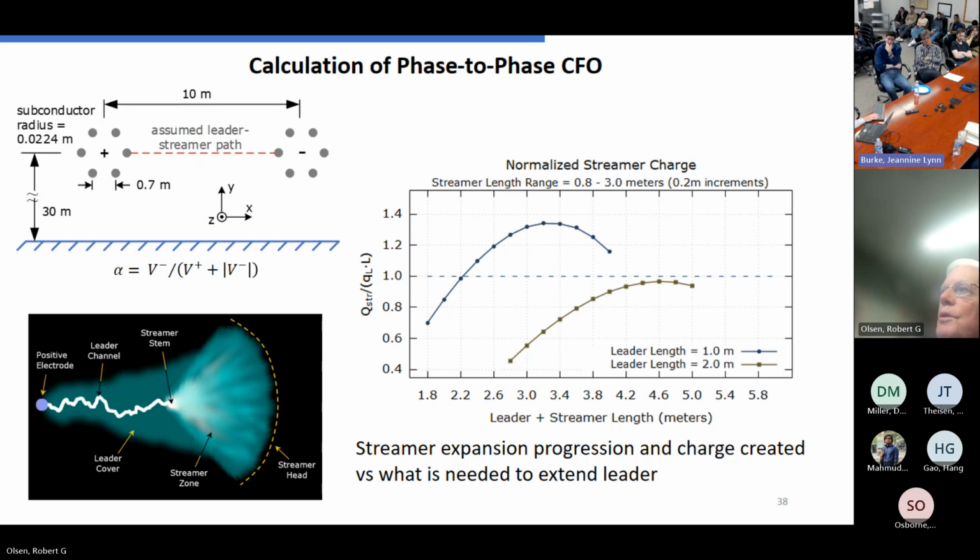And so going from this point to this point, the leader stays the same. I'm building a little bit of a streamer here. And I'm going to ask the question, how much charge comes out of here back to here? Maybe it's not enough yet to cause the streamer stem to go on, but I have to do the next iteration first. So I do this one first, this one, and if it continues to go up,